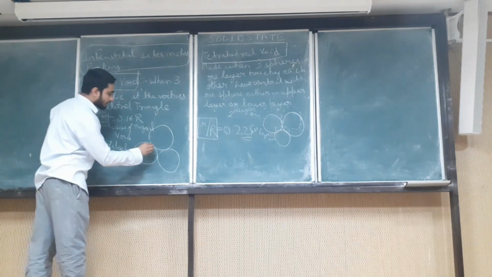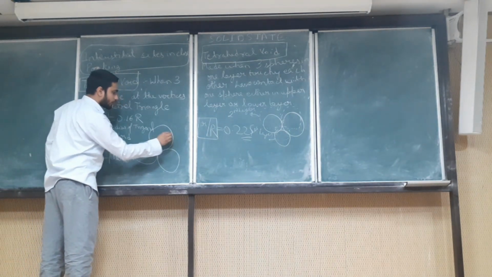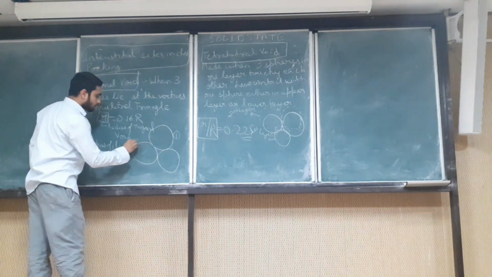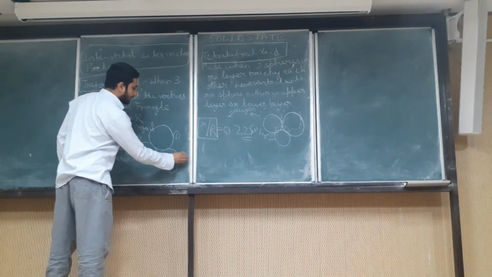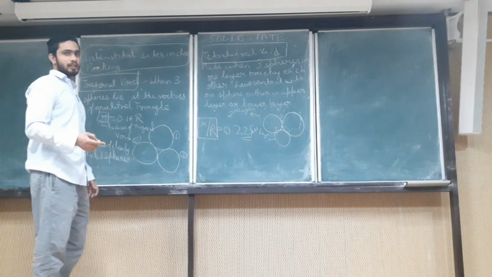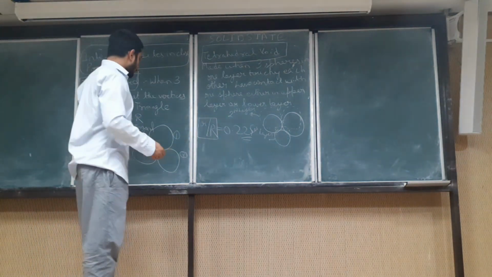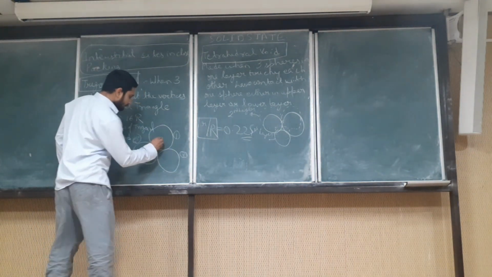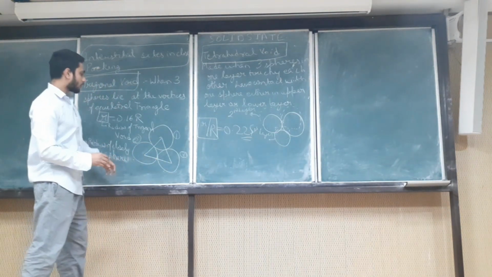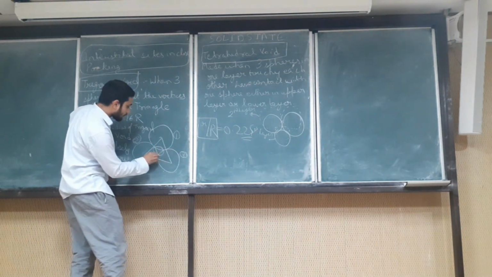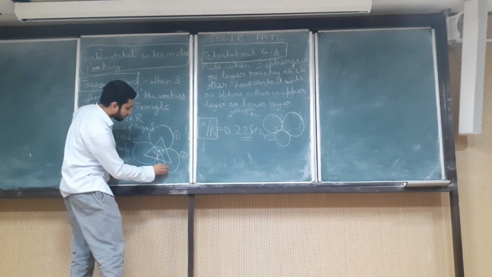Okay. So suppose that these are the three spheres which are there. This is the sphere number 1, this is the sphere number 2, or the atom number 2, this is the atom number 3. Atoms which we are considering as spheres. And this is the equilateral triangle which they are forming. Okay. So this you can see. This is a void.